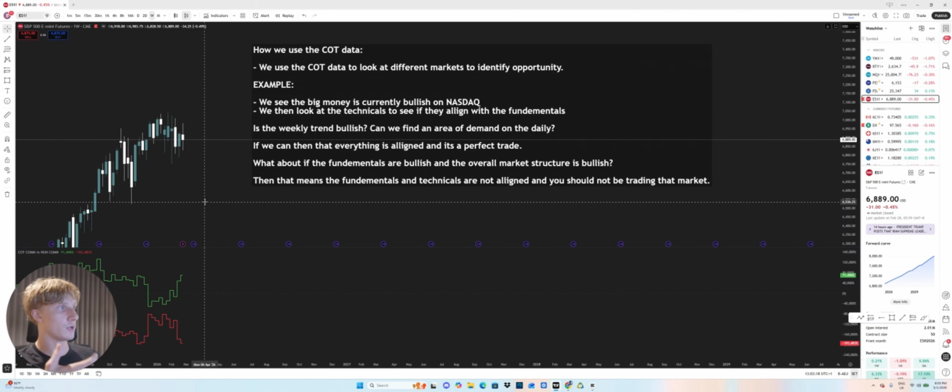And as I said, if we are in a situation just like this, where the fundamentals are pointing one way and the technicals are pointing another way, well, then we have not got alignment between the fundamentals and the technicals. And that is a market that you want to avoid. Now, following this strict structure, what it will do is it will limit you to the amount of trades that you are taking. However, it will improve your overall quality of the setups that you are taking.